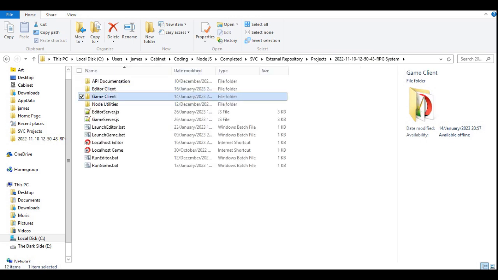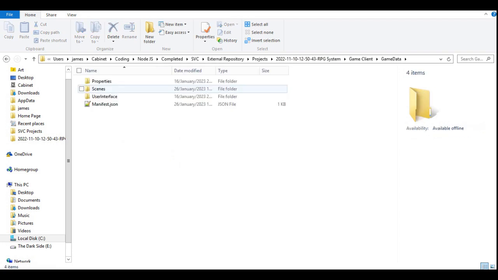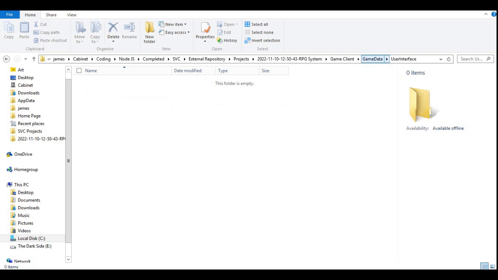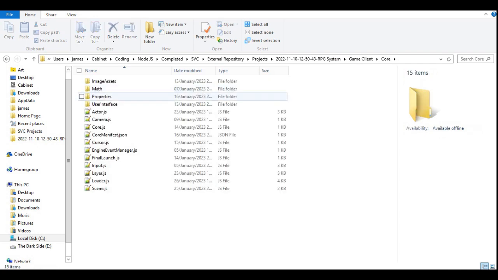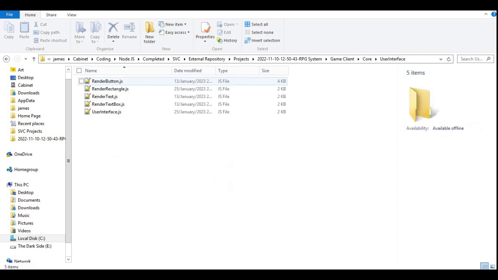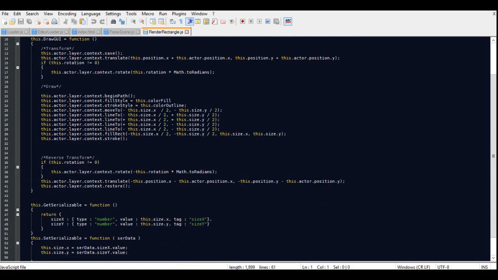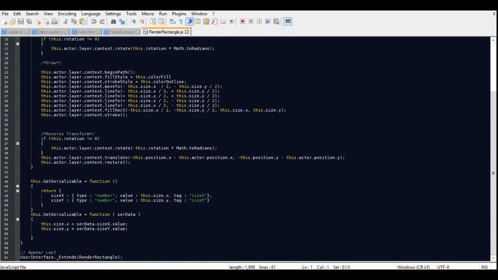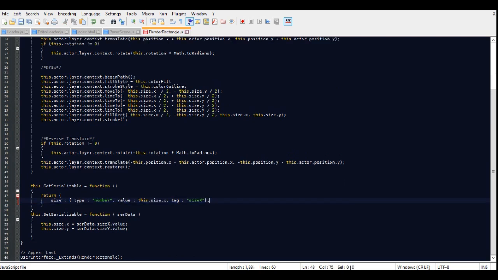And to game data, I was using user interfaces. No, I'll say use the core. I think it was rectangle that we were using, and for size x and size y. So we can just return a size. And the value would be just the